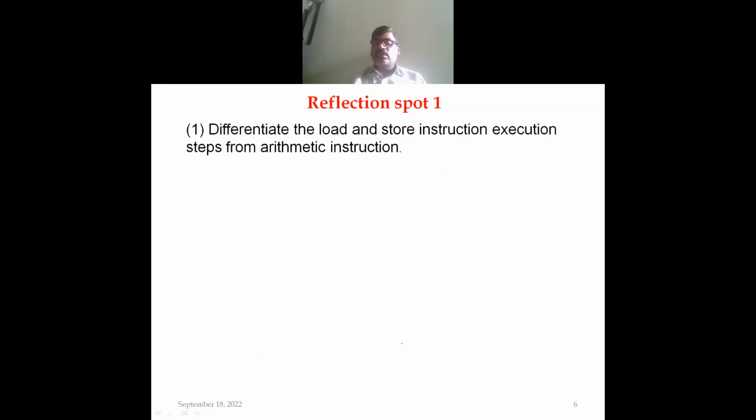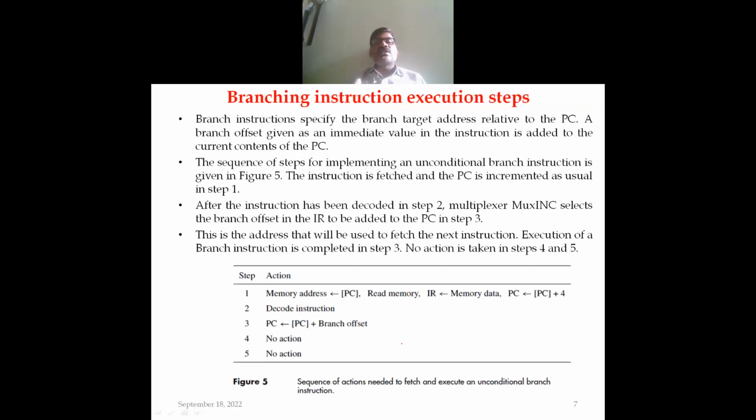Fine. So comparing with this load and store instruction, in the store instruction there is no action in the fifth step. Fine. So now the third category of instruction we have to see is the branching instruction execution. Branch instructions will specify the branch target address relative to the program counter. A branch offset is given as an immediate value in the instruction, and it is added to the current contents of the PC. So the sequence of steps for implementing an unconditional branching instruction is given in this particular